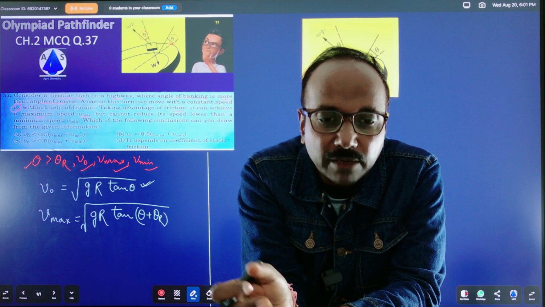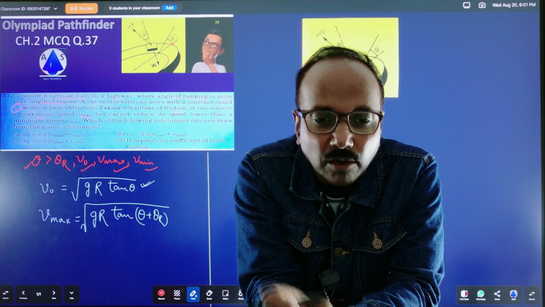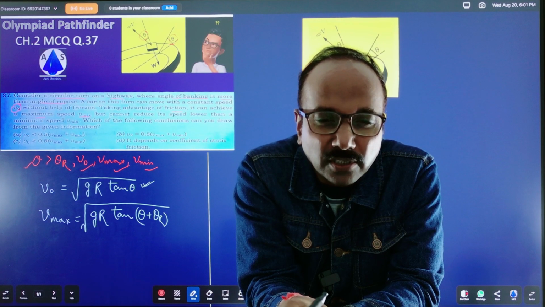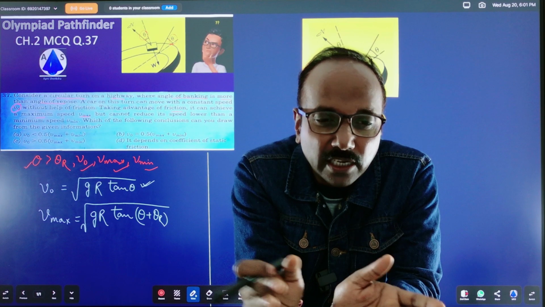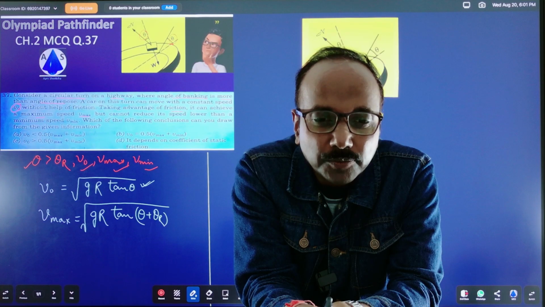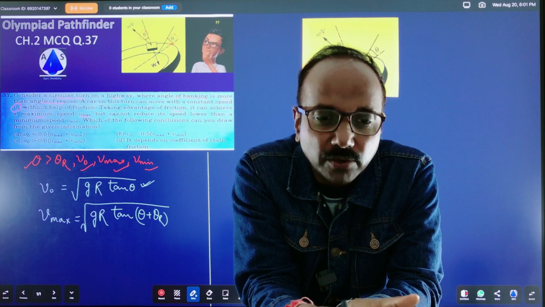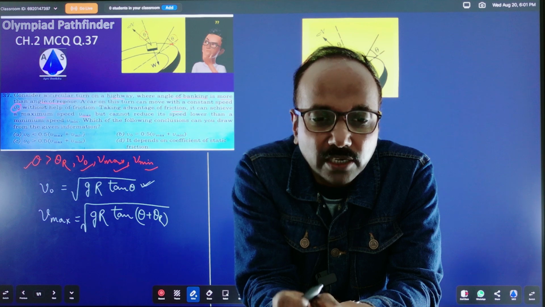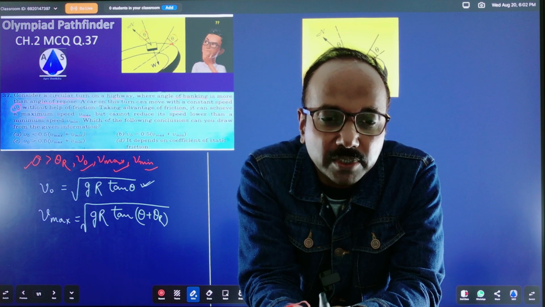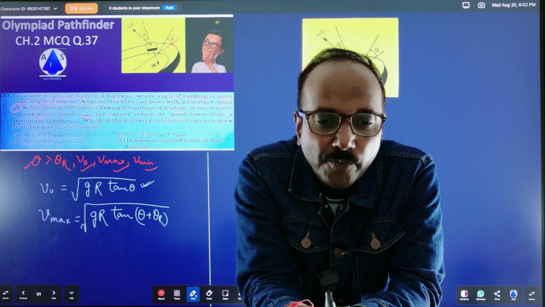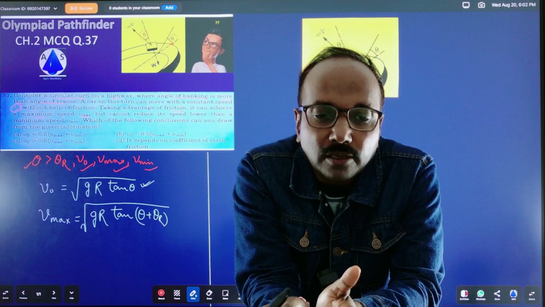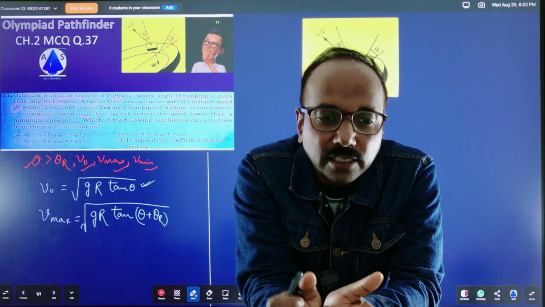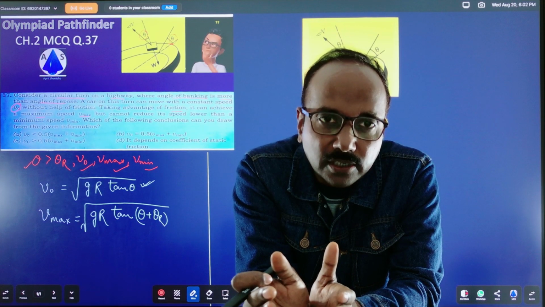So it will add up to your component of centrifugal force along the up direction, and it will nullify the, or it will become equal to your mg sine theta. So net force along the slope will be 0. But again there is a limit, like you cannot reduce the speed.